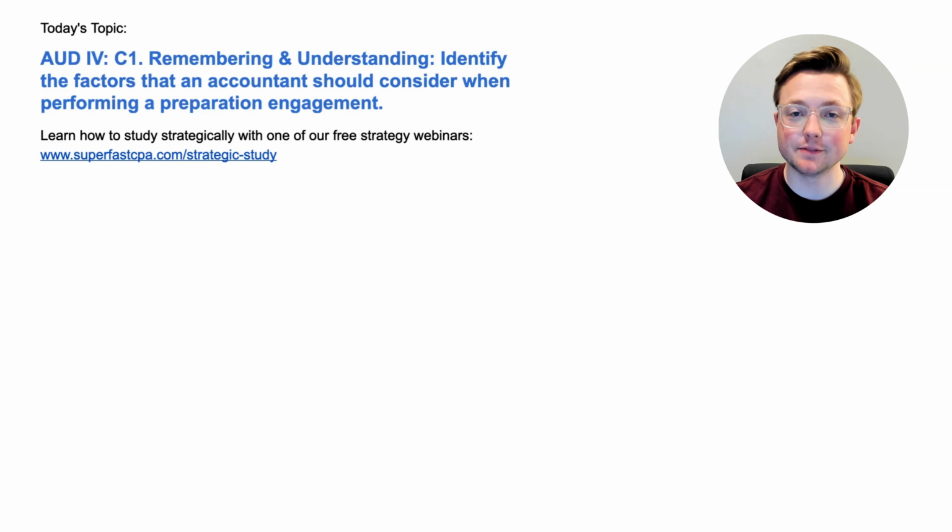I'm Logan, and in today's video, we're going to be going over Audit Area 4. This is Section C1. This is a remembering and understanding topic. Identify the factors that an accountant should consider when performing a preparation engagement. And we're going to be doing that the SuperfastCPA way, which is diving straight into the questions to learn the